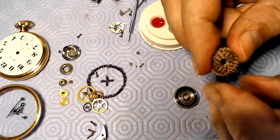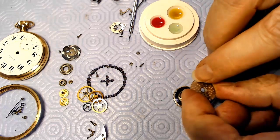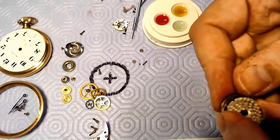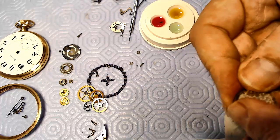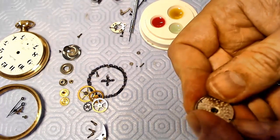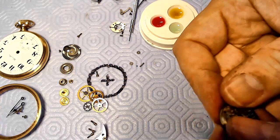And then I've got to line up the groove. In this case, it's supposed to be this groove that's lined up with this pivot, or whatever you want to call it, but the last guy who did the watch lined up the wrong groove. So I'm just wondering whether I can line up the right groove here and put this back in, because it should really be this groove here. He lined up the big one. It's kind of crazy. The guy was crazy. So if I line up the smaller one,